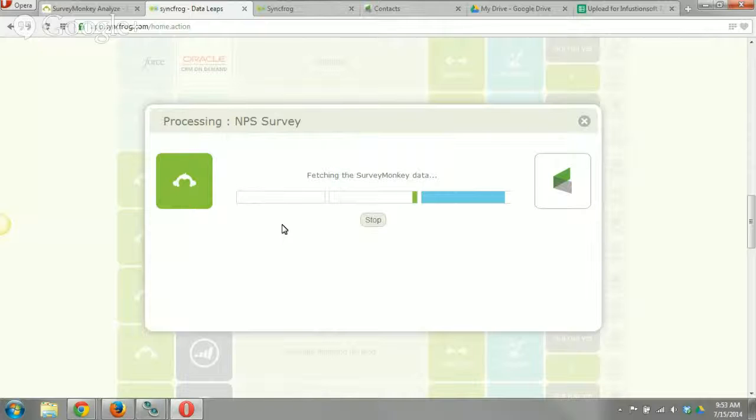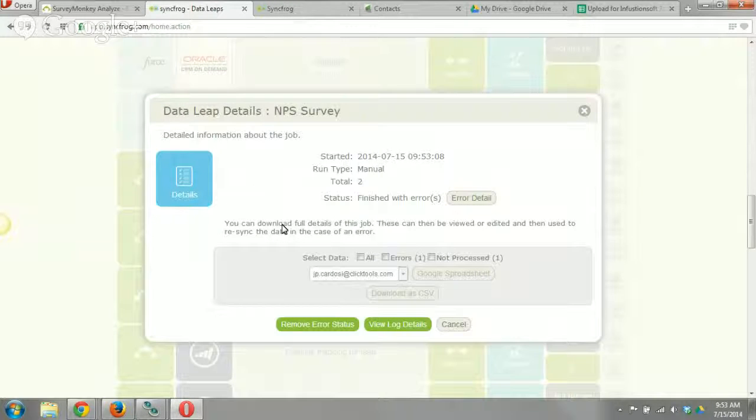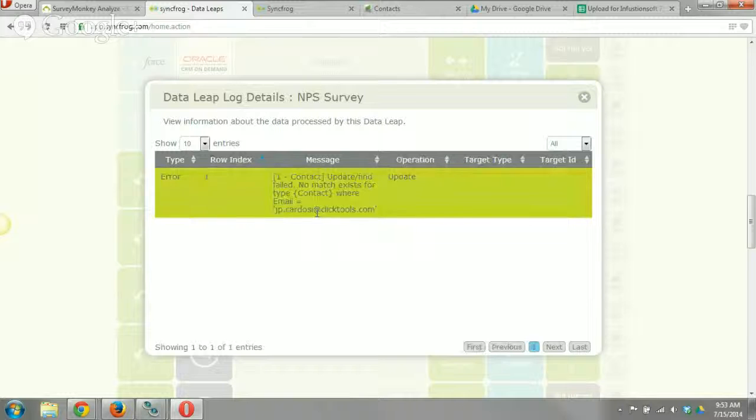So we should get 2 results, one from collector 1 and one from collector 2. And we should have an error that we can view. So if I say view log details, okay, we can't update or find or failed where the email address equals. Well, I don't exist